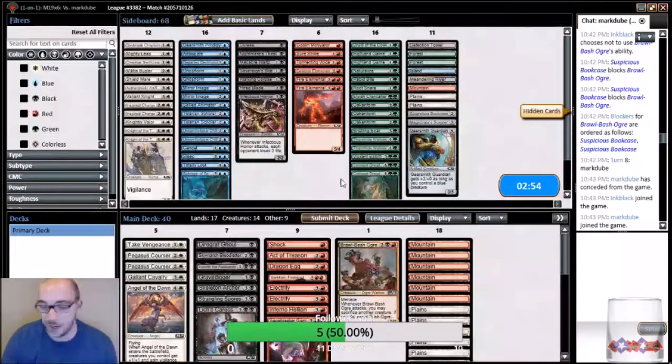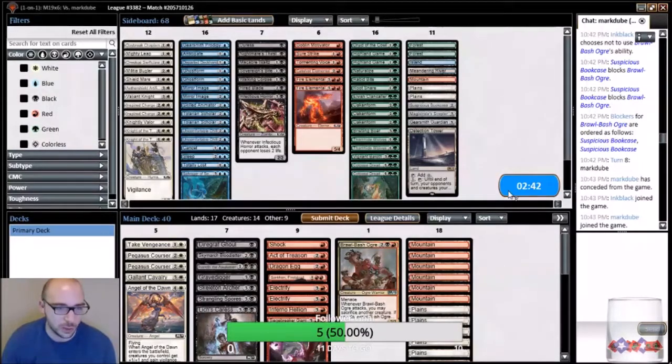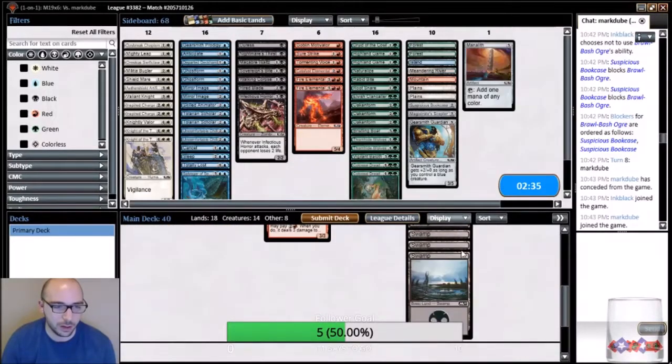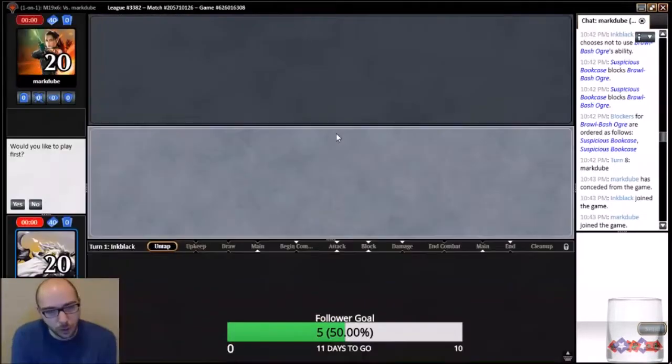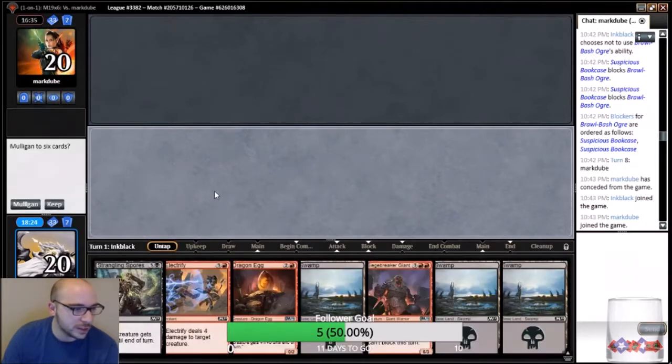Gallant Cavalry is one way to kill the Vine Mare. Detection Tower. Adds a colorless until end of turn. Your opponents and creatures your opponents control with hexproof can be targets of spells and abilities you control as though they didn't have hexproof. So our rare land is actually going to come in. And I think what we want to do is take out the Manalith for that. Just because we want to be able to kill his Vine Mare, which is pretty nasty against our deck. All of our removal is targeted, so...